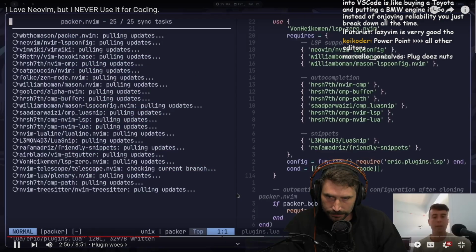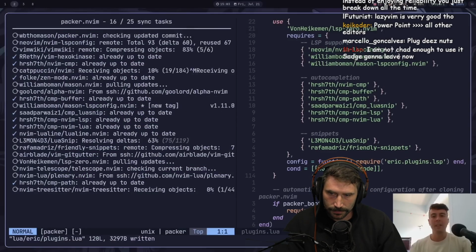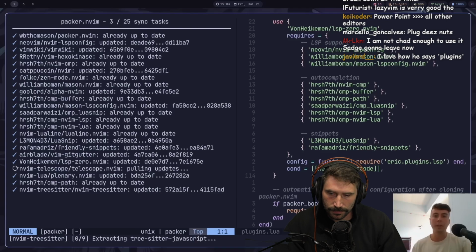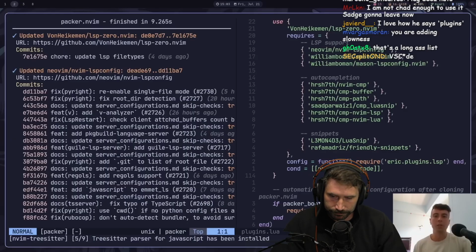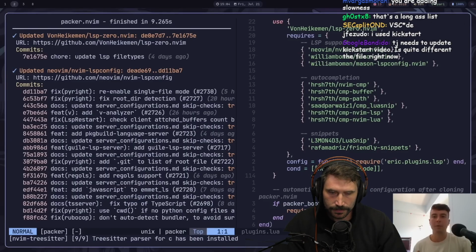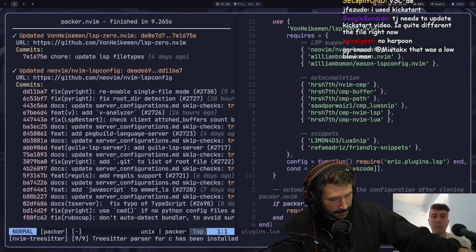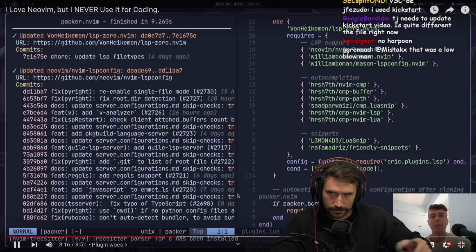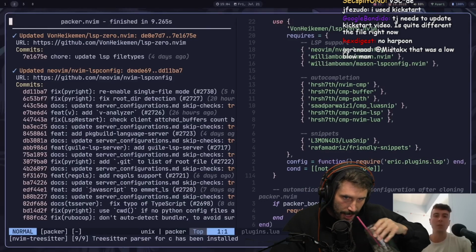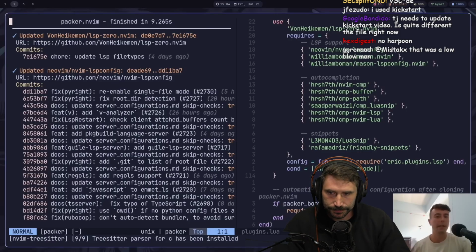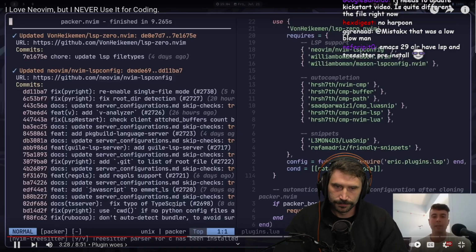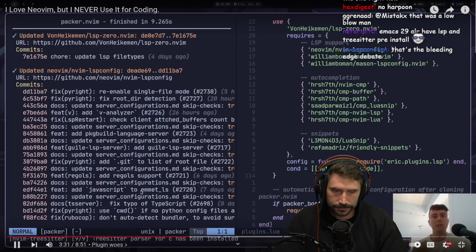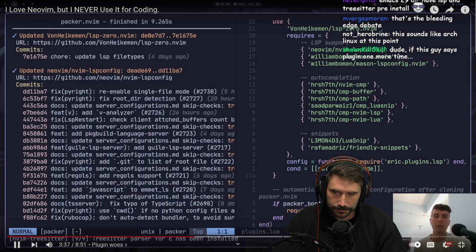So let me just update this, and every time I would update all of my plugins, it would be a little bit scary because I wouldn't know if it would break something. Sometimes a new update can introduce some new bugs, and I will have to go and fix some issues. And I can respect people who have these absolutely massive Neovim configurations, and they bring in even more plugins than me. But it started to get to the point where I was feeling like this is not what Vim was meant to be. Vim was always supposed to be this kind of lightweight text editor, and just bloating it up with 1,000,001 plugins kind of went against the spirit, at least in my opinion. Because like I said, it does become more buggy and fragile. Sometimes Neovim would even just crash on me for whatever reason.